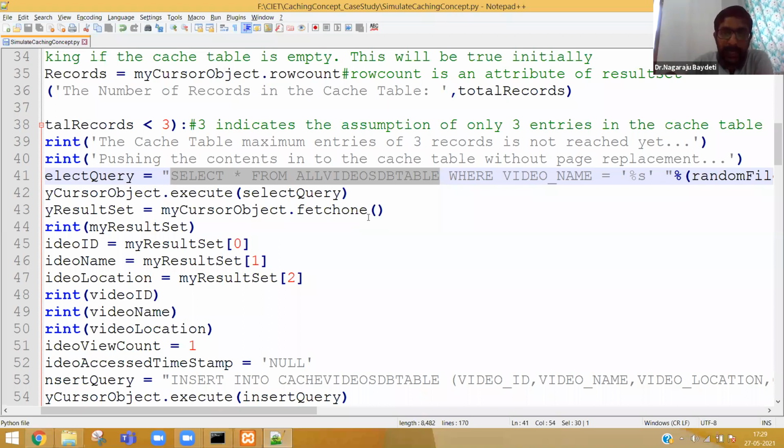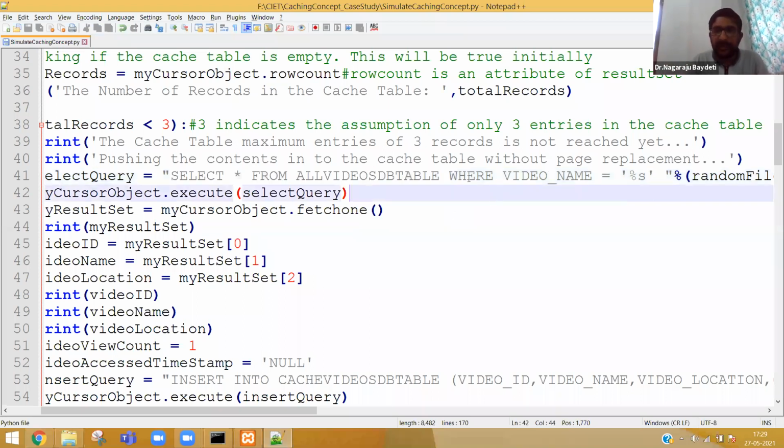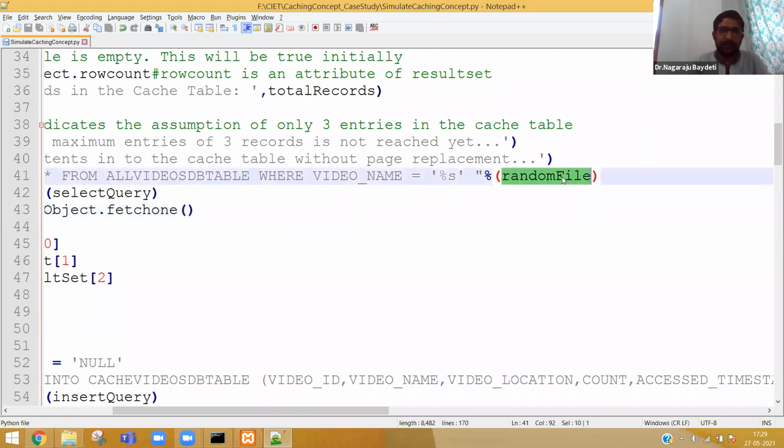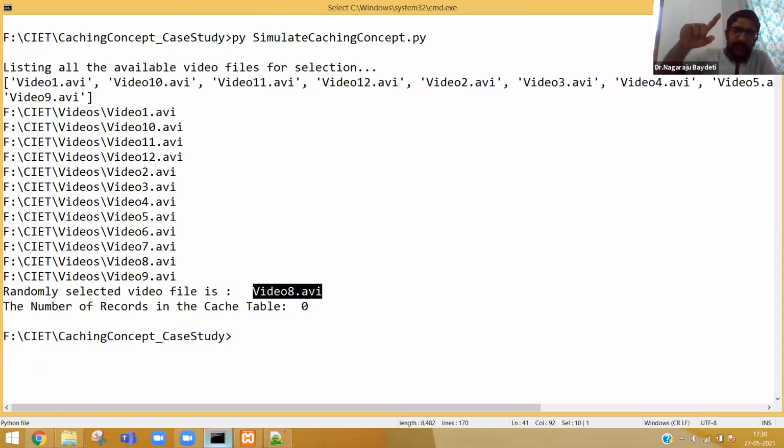I want only where the video name matches, where video name equals percentage s. What is that percentage s? That is random file. So imagine now, if the program is selecting video 8, it will go to the all videos DB table and fetch the record of video8.avi.